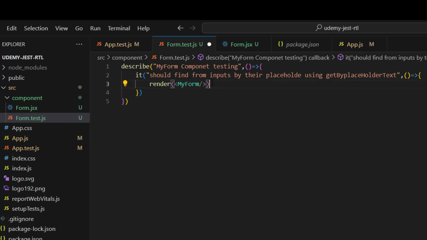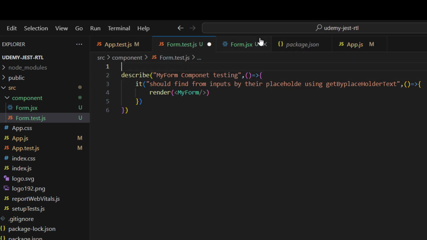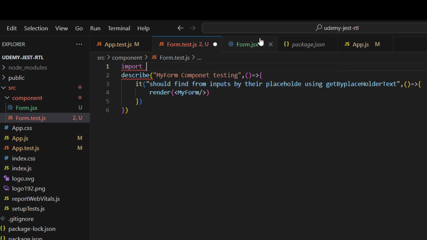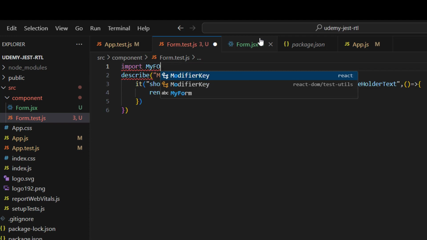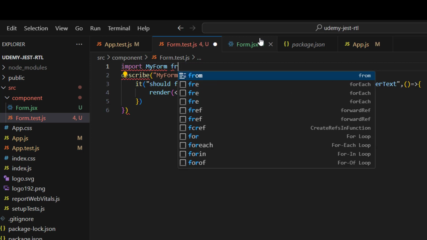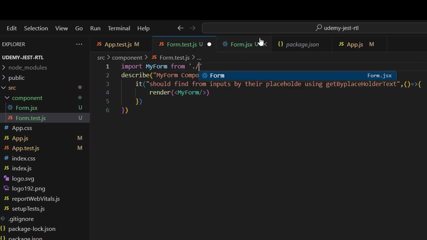As it is not suggesting us, we can import it. Otherwise it will fail, but it is our expectation, it will obviously fail because we have nothing yet. This is test driven development. Initially we write the test, then we write the code. So my form,